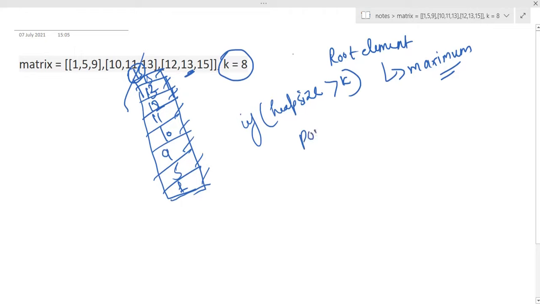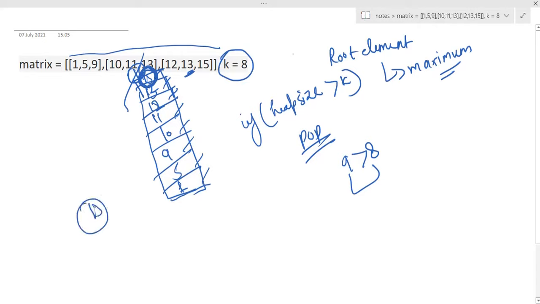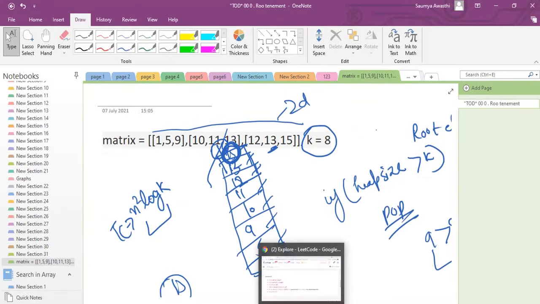Then simply pop that particular element. You have to do the pop operation, you have to remove the top value, right? So here as you can see 9 is obviously greater than 8. So simply we are going to do the pop operation, so 15 will be removed, and after this you can see now we have gone through all the elements. So we'll be simply returning the element that is present at the top of the heap. So what will be returned? 13 will be returned, and that is what our output is, right? So now you must have understood how heap is helping us to solve this particular problem. Let's do the code part so that you can get a proper understanding of the same.